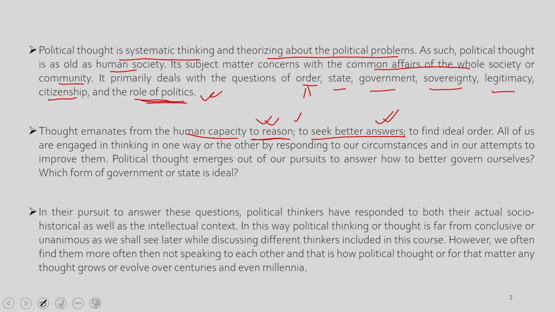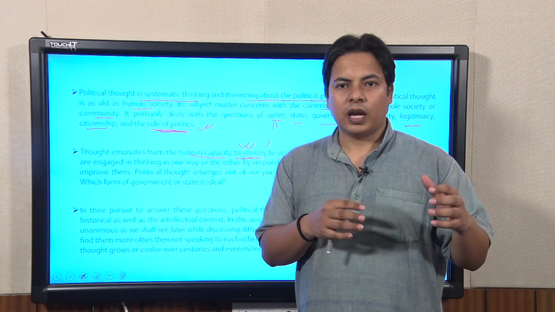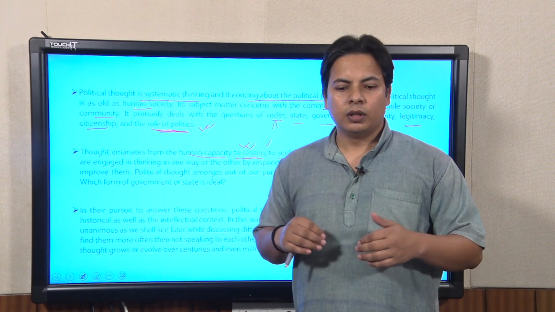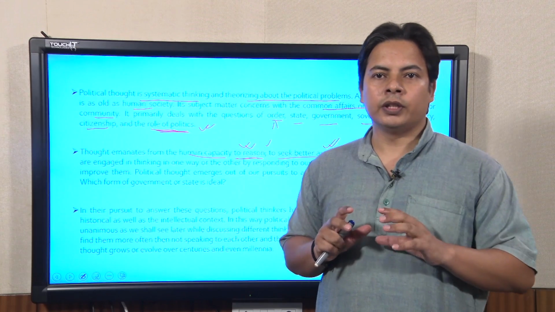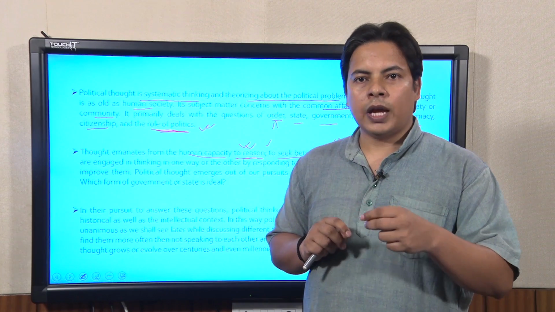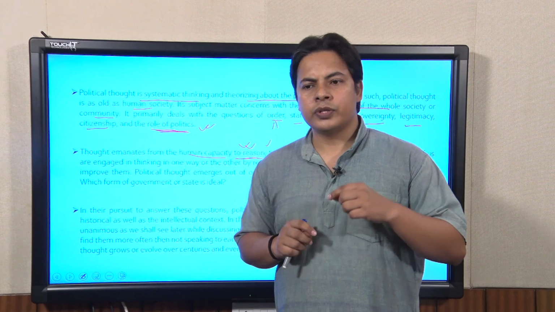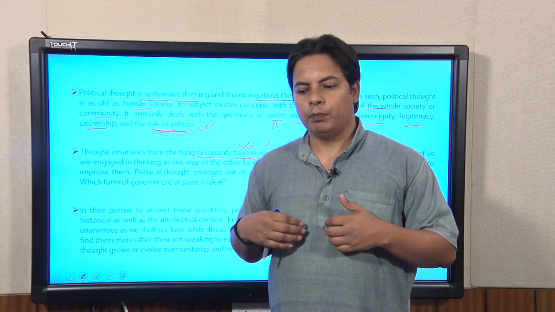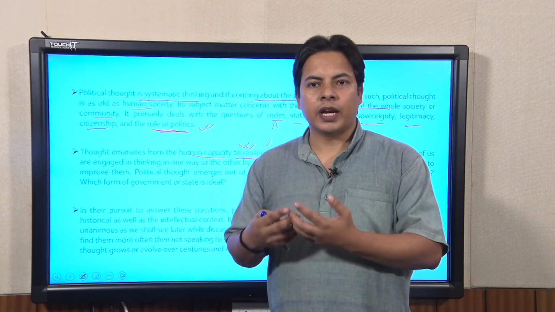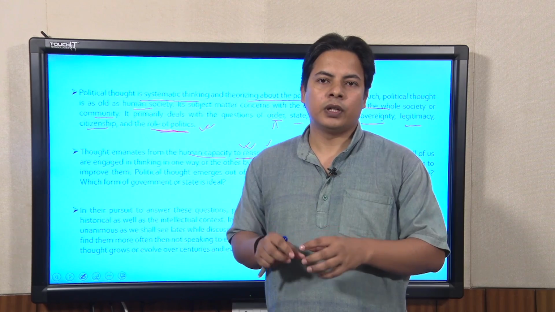So, we have a given situation or given circumstances. For many of us, that circumstances or the given society may not be ideal and far from ideal, may be chaotic, may be disruptive. Now, the challenge for political thinker and political thought, as we discuss in this course, is to respond to those circumstances and provide the alternative or the better answer to the major questions of their time.